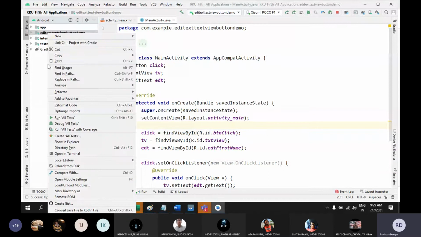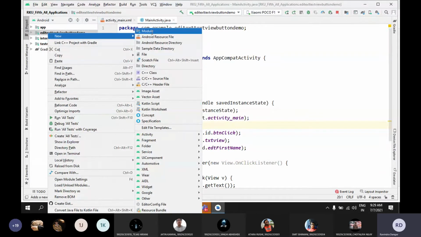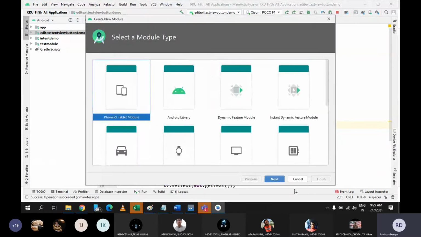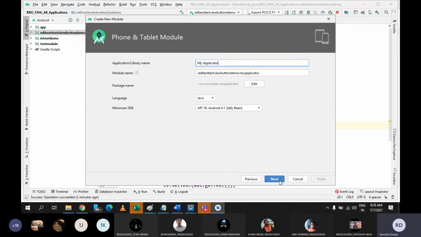Let me just try empty, new, and module. Let's say I'm going to place two edit text, and I want to enter numbers in the edit text, and whatever numbers I enter, I will have to find the addition of both the numbers. So let's say addition of two numbers.